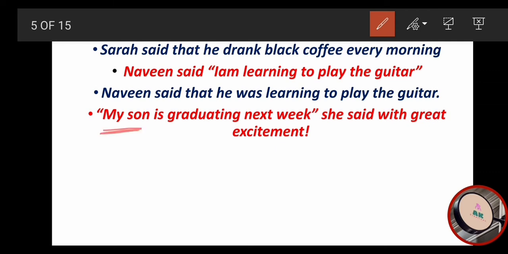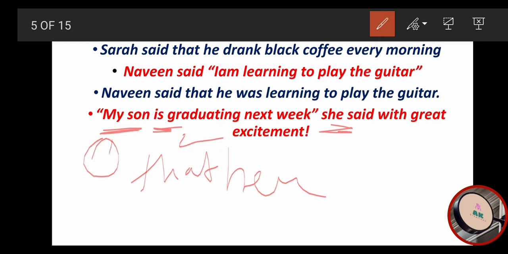Okay, now here you have to apply the first rule. She said with great excitement that... After that, what do you have to do? My son, yes, her son. Why? Because she is female, so here you have to use her son. This is the first rule and this is the second rule, back shifting the tense. Is, yes, is will be was. Okay, her son was graduating